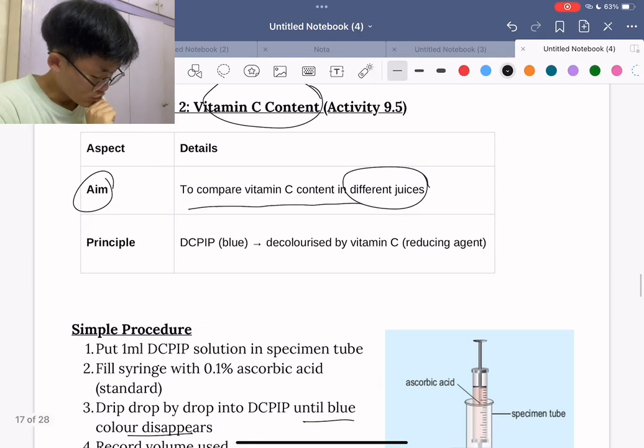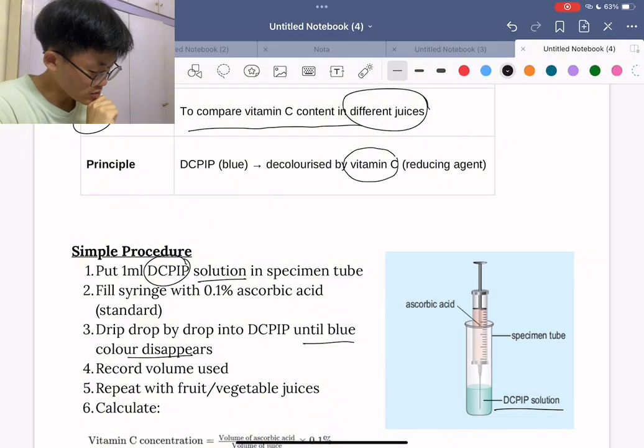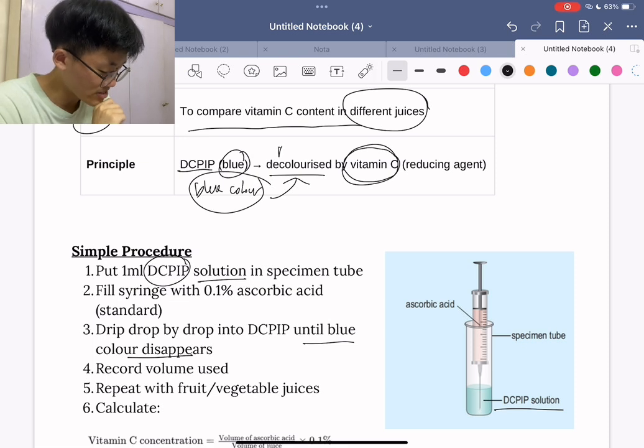So you use the DCPIP solution first. You use the DCPIP solution, and this vitamin C will decolorize it, because the DCPIP solution is actually blue in color, and this blue color will be decolorized, meaning no color,